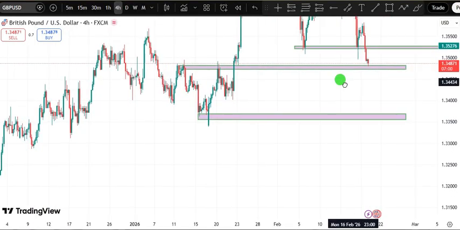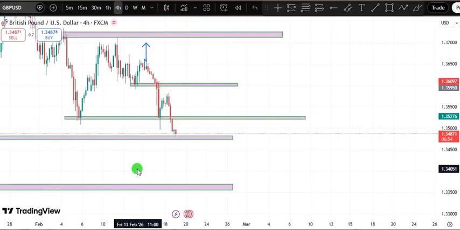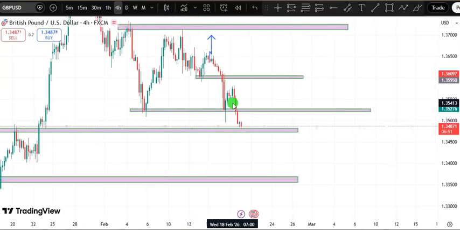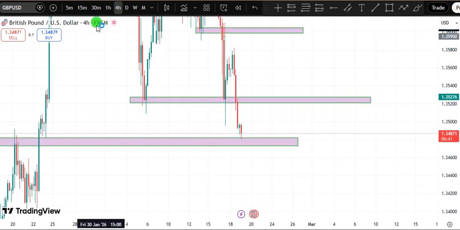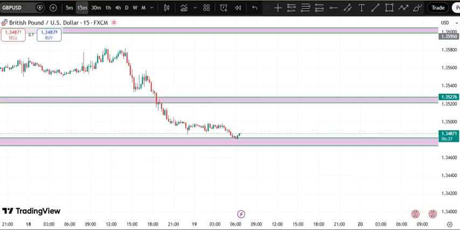Yesterday was actually a short trade, but we couldn't take the trade because there was no confirmation. The market just started moving bearish. We said after breaking this previous level, we are supposed to short this market to this level. But when it broke above it, there was no opportunity to go short on that. Let's go back to the 15-minute chart to show you what really happened.